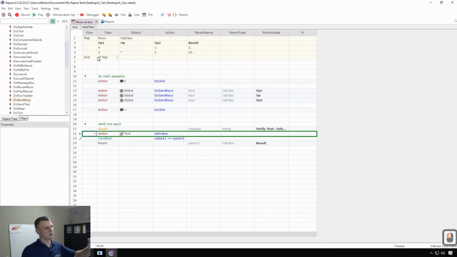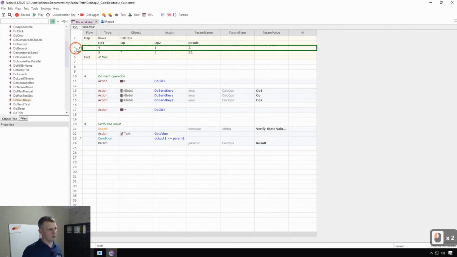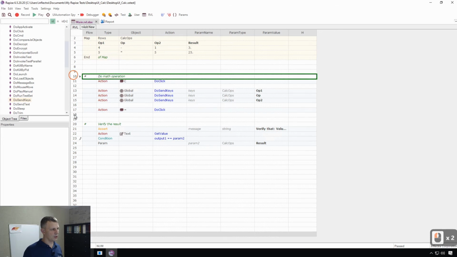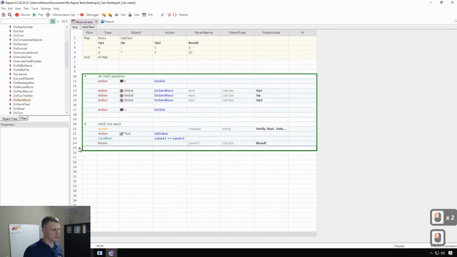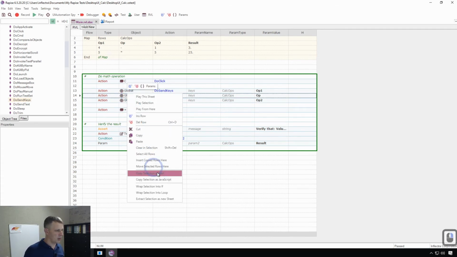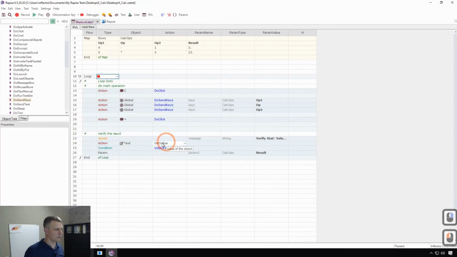Now, it used just one row from this map. So to make this test truly data-driven, I need to select the piece of logic that I want to execute in a loop and add a loop for it. I'm choosing wrap selection into loop. Here I'm choosing the type of loop, map,